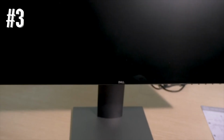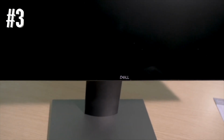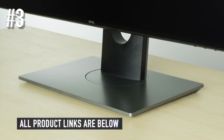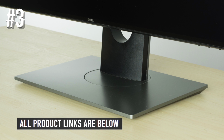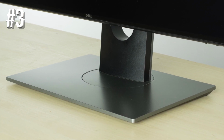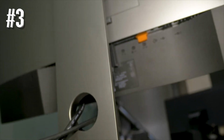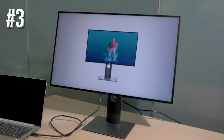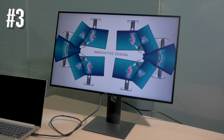The stand, which has a small hole for cable management, offers full adjustability, including a 21-degree backward tilt and an impressive 45-degree swivel range in both directions. Featuring a 100 by 100 mm VESA mount, the back panel looks good, with almost all the ports located below the stand connector. You'll find 1 HDMI port, 1 display port, 1 mini display port, 1 audio out, and 4